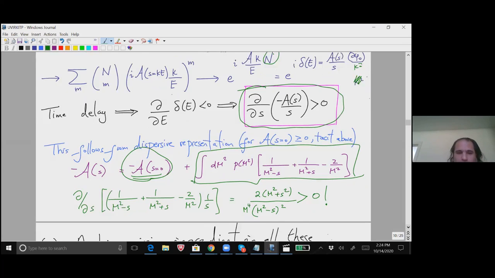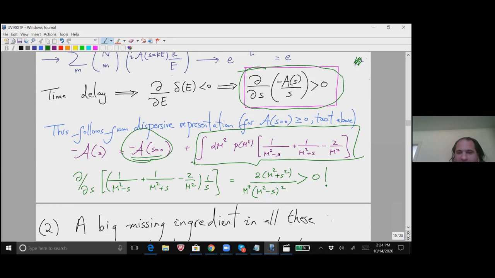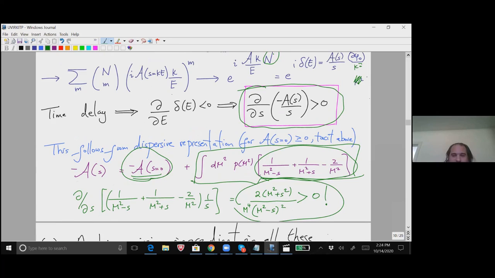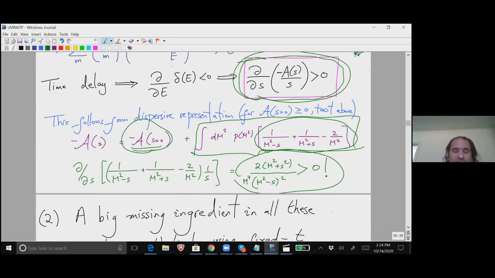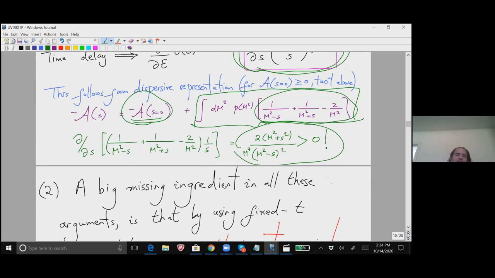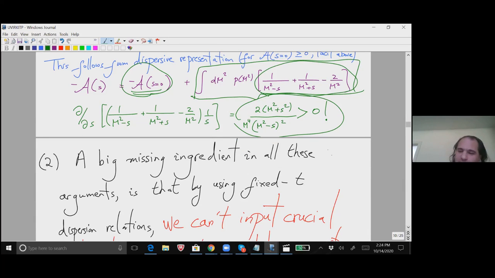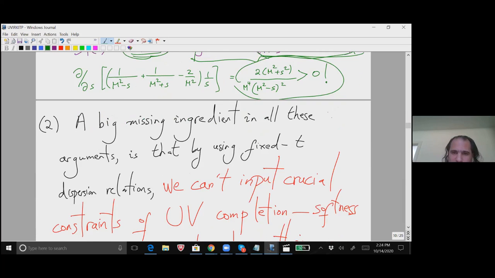And now you can do this trivial calculation to look at d by ds of 1 over s times this sucker, and quite beautifully, it's positive, manifestly positive. So you see that this dispersive representation of the amplitude actually tells us this stronger statement, d/ds of minus a over s is positive, which is in fact what we need for causality thought about in a little bit more detail than simply what happens in a completely translationally invariant background, which is what we talked about a long time ago. All right, so that's the first comment, that this extra structure of the detailed structure of the dispersive representation actually